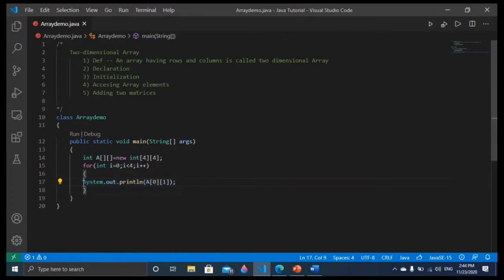Actually we are going to access one row as a column, so we have to give two for loops. So let me give one more for here. Int j is equal to 0, and then j less than 4 and j plus plus. This is for column.